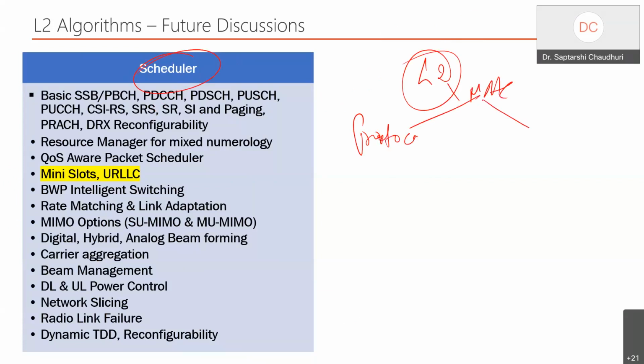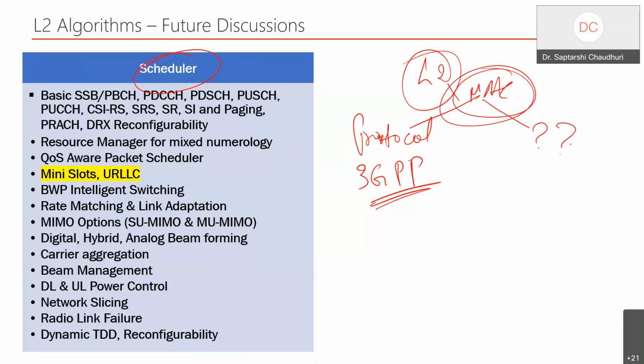One is the 3GPP defined protocol. This is where we have to abide by it, because I told you without the protocol, I cannot talk to the device. Base station cannot talk to the device, and device cannot talk to the base station. So MAC to MAC communication is needed. But there is an entity that is missed out deliberately by the 3GPP, and this is the entity that has been talked about and researched to the fullest extent. So he does all these services.